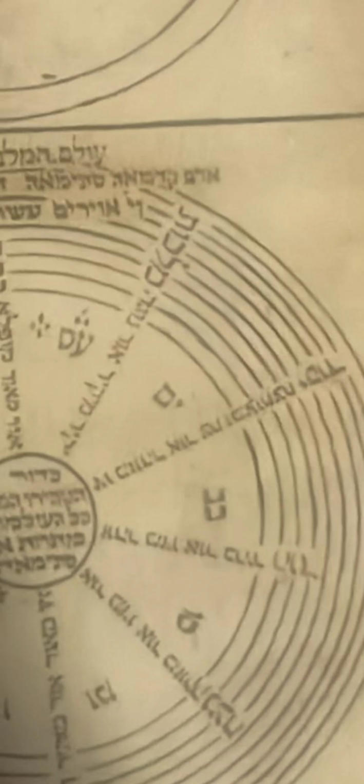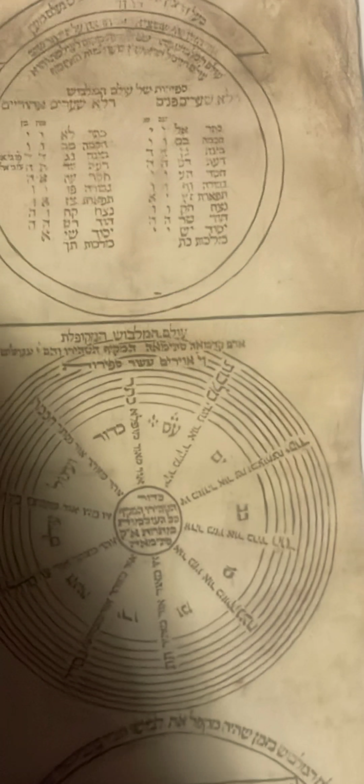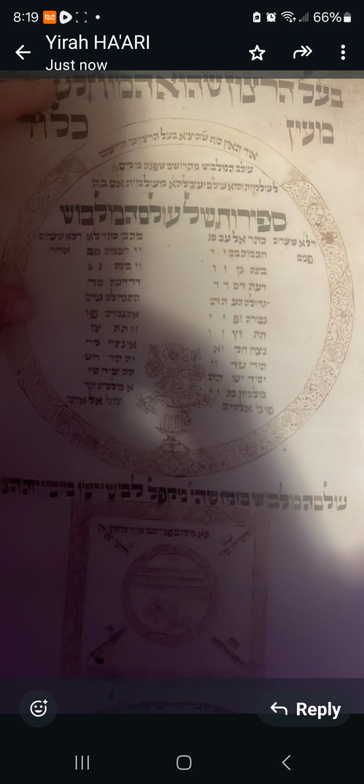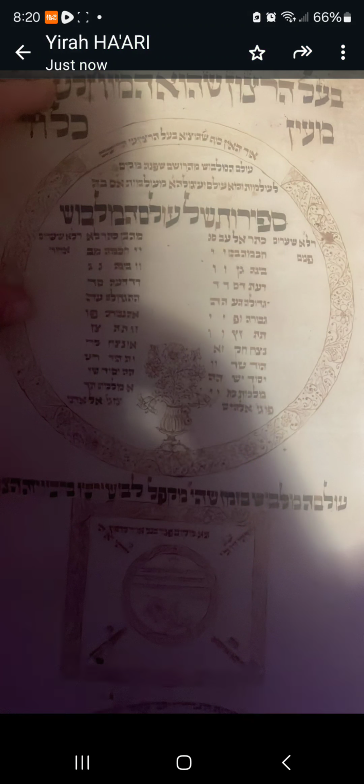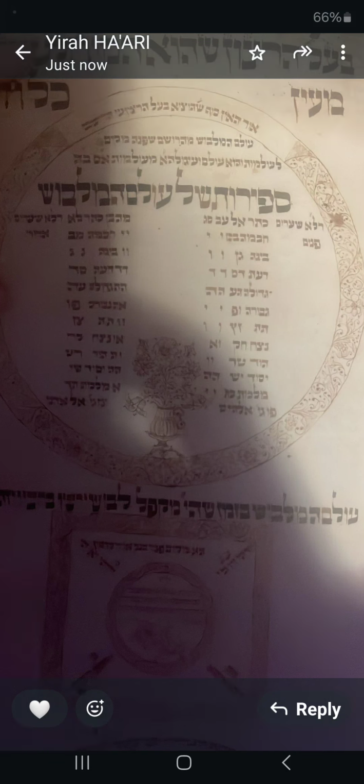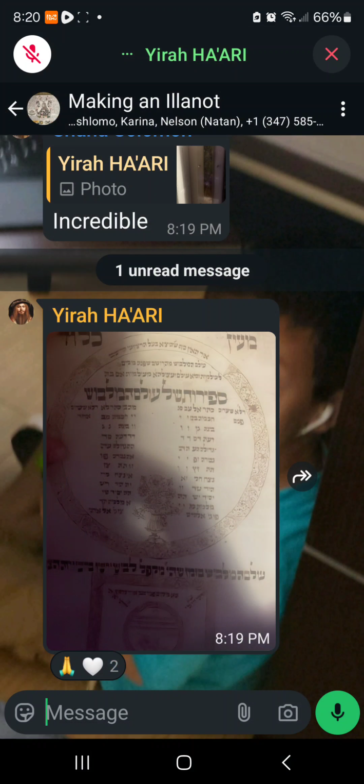Okay, so these are Sfirot, right? Sfirot shel olam hamalbush, right? The Sfirot about the universe of the Malbush. And for this last image there, I'd like you guys to just open it up. And I want you guys to see where it says Resh Lamed Aleph She'arim, right? 231 gates. The reason why I'm talking about these 231 gates and showing you guys this is because